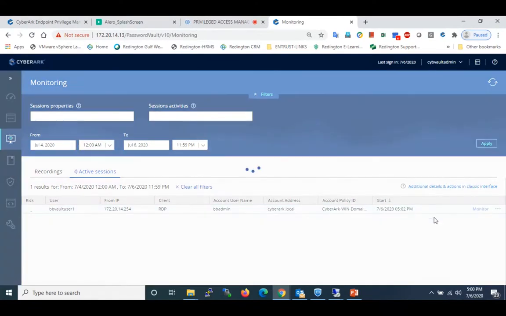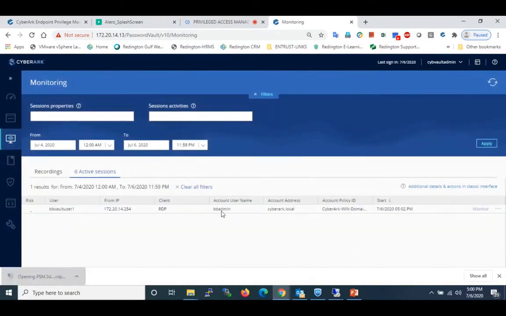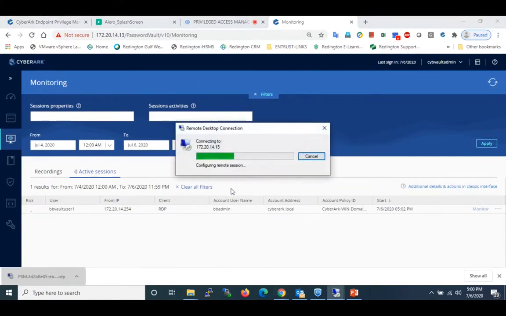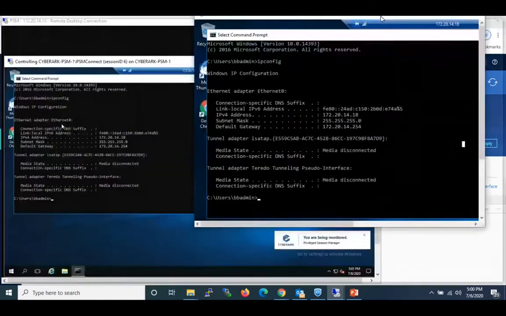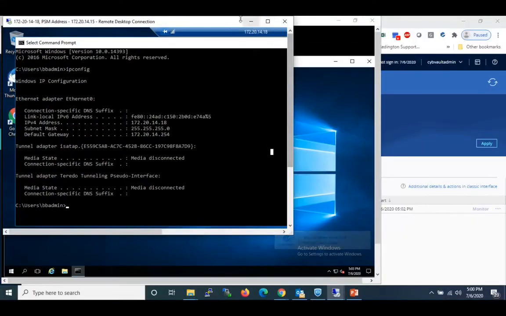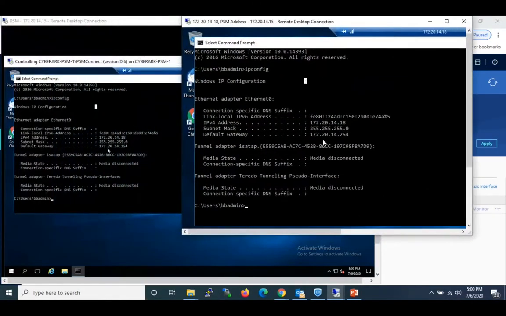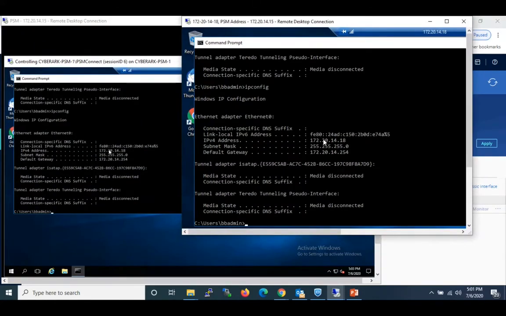You see the BB Vault user connected using BBadmin to the specific session. If I click on monitoring of a session, I will be able to monitor what exactly this user is currently doing on that specific system. This also goes through the jump server, in order to provide you the visibility of what is currently happening in that session. So you see, behind is actually my live session which is going on, and if I try to do anything,